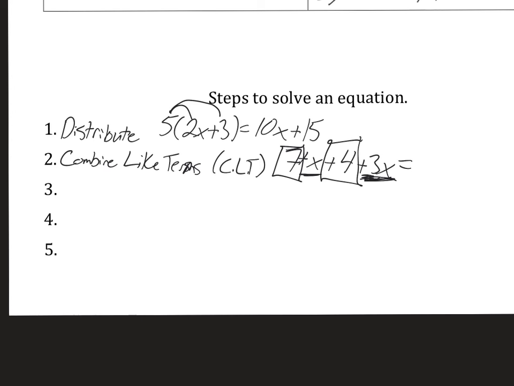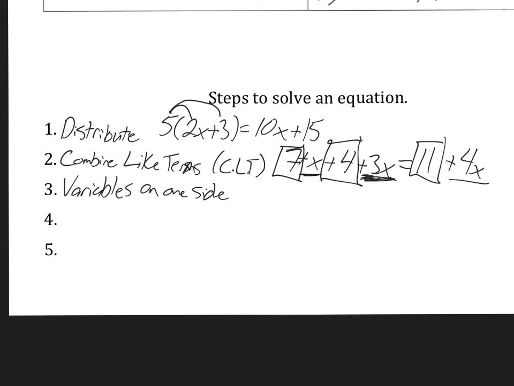7 plus 4 is 11. So I have 11. Plus, what is 3 plus 1? 4. So 4x. There we go. We combine like terms. The third one is variables on one side. I'm going to go ahead and do the next two with it. So right below, you were either going to add or subtract. And then the last one is multiply